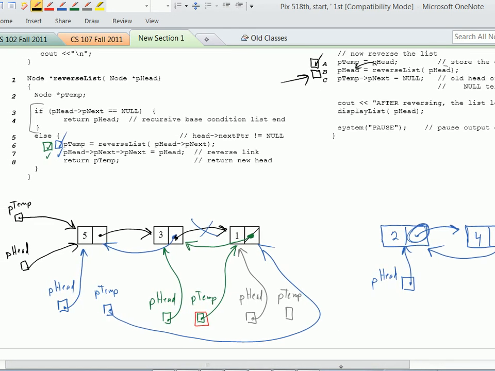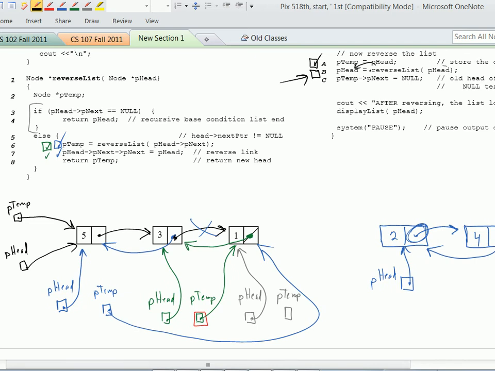And in line B, now we have a return value from the recursive call. That return value is the address of the last node of the list, and that becomes the new value for p head. So p head used to be the address of this node, but now p head gets the address of the last node of the list, and so now p head points